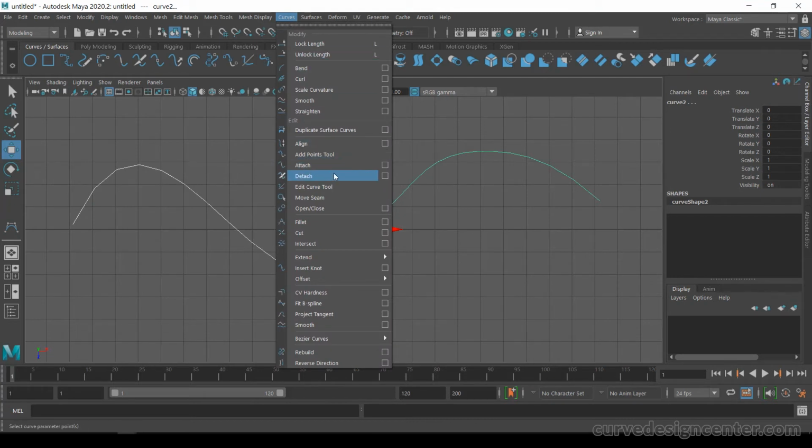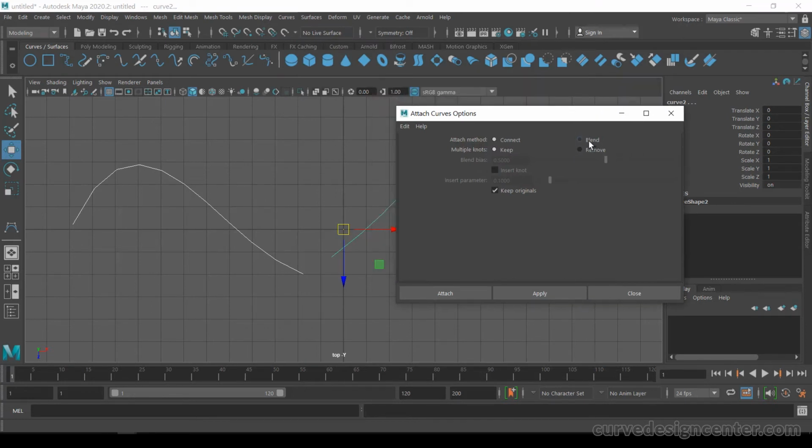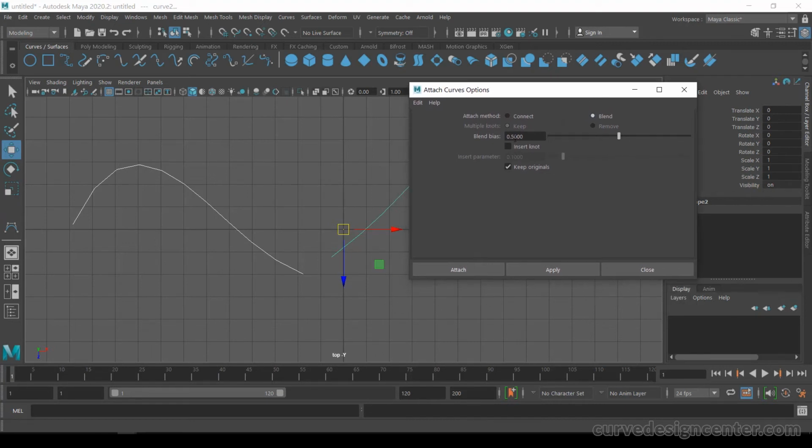Curve, attach. Now I choose the second option, blend. Blend provides some additional options like bias. These provide some smoothness, and the other option is insert knot. Insert knot adds a point in between that controls the curvature of this curve.